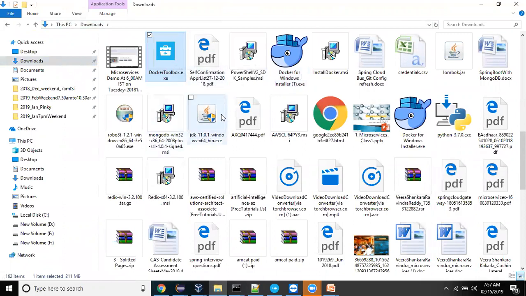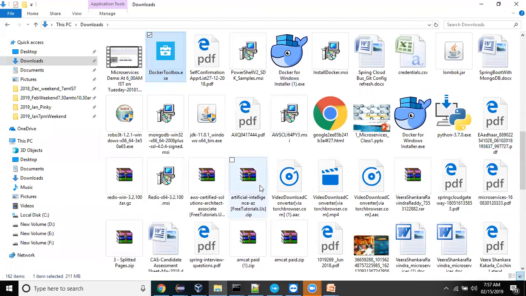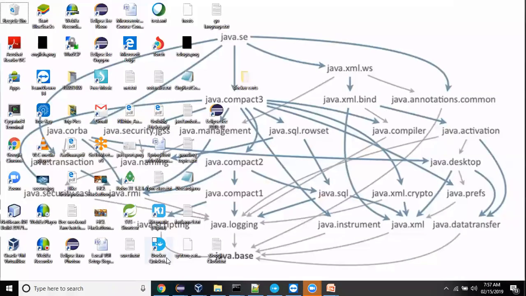Once you download the Docker Toolbox, you will have to install it. So how to install it? Just right click on the Docker Toolbox and select Run as Administrator. This is mandatory. If you don't select Run as Administrator, you may not get all the options to install it. That's the reason, select Run as Administrator. Once the installation is successful, you will be able to see a Docker Quickstart terminal and Kitematic on the